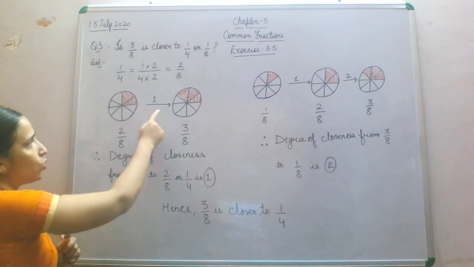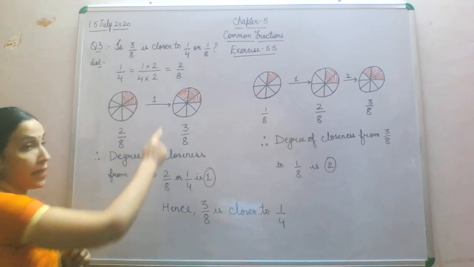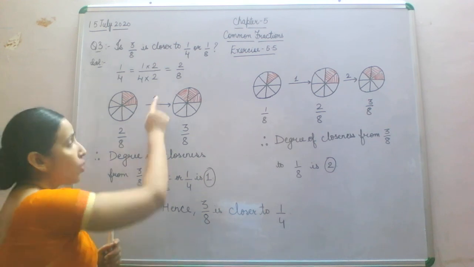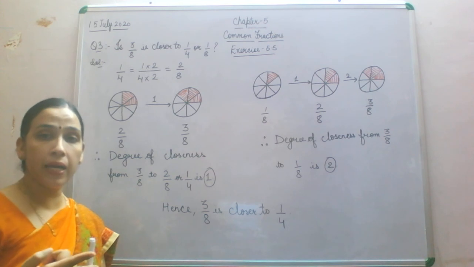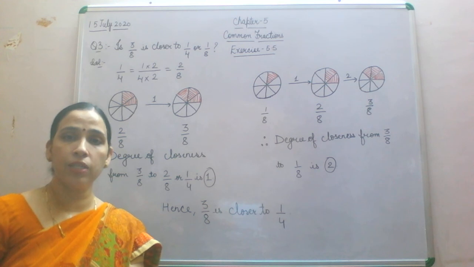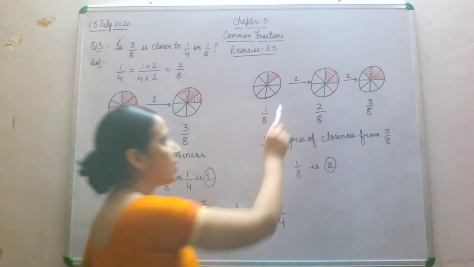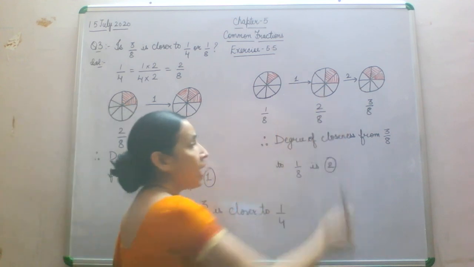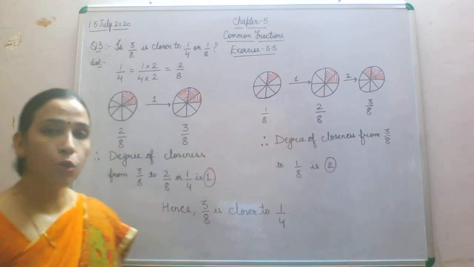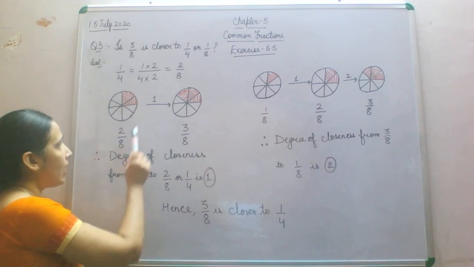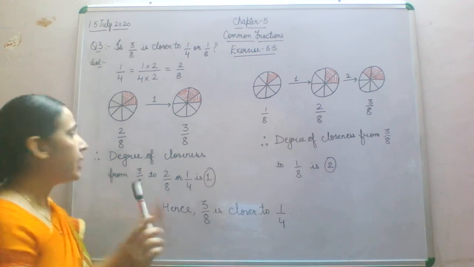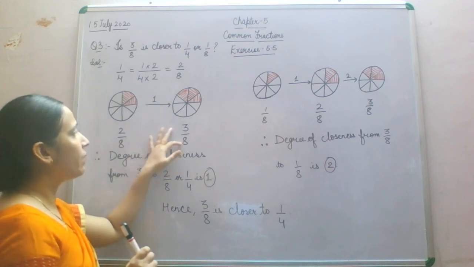Now we are going to add 1 by 8. Why have I written 1 here? Because once we add 1 by 8, the same fraction that we keep on adding to the first fraction, we represent with a number. Like here you can see 1, 2, and in the previous question, if you remember, we wrote 1, 2, 3. So now we will write 1 here and we add 1 by 8 to 2 by 8. So here we will get 3 by 8.